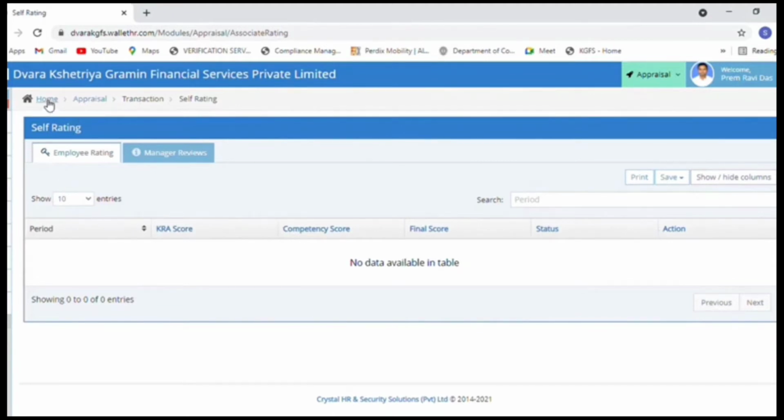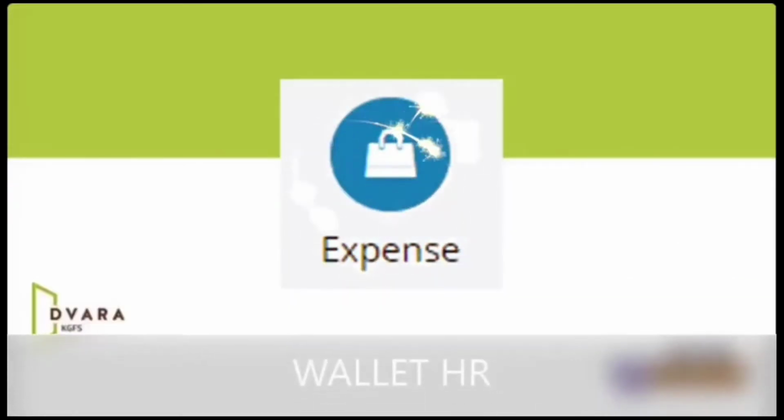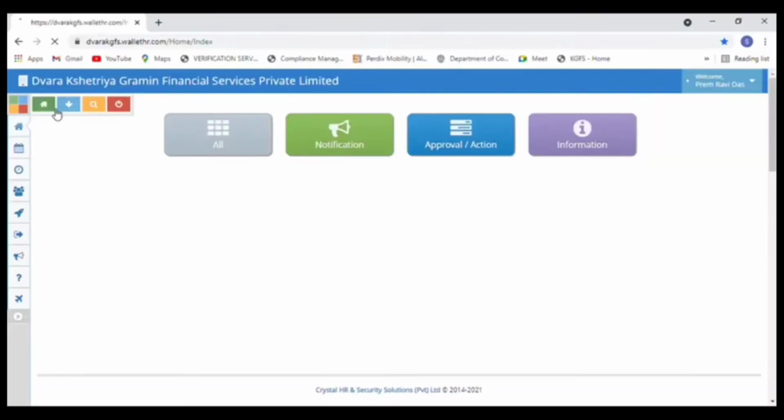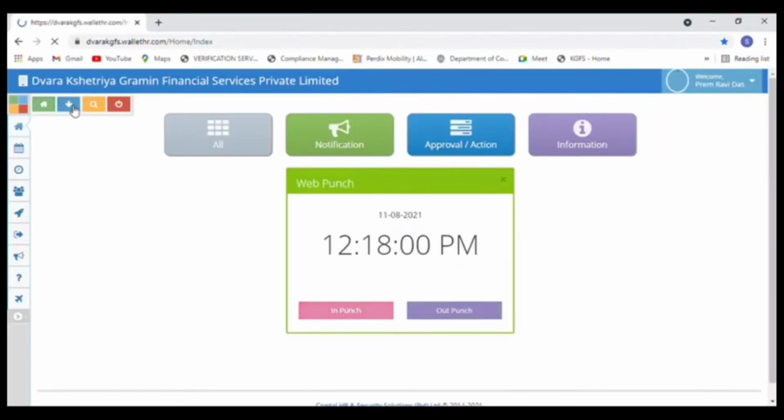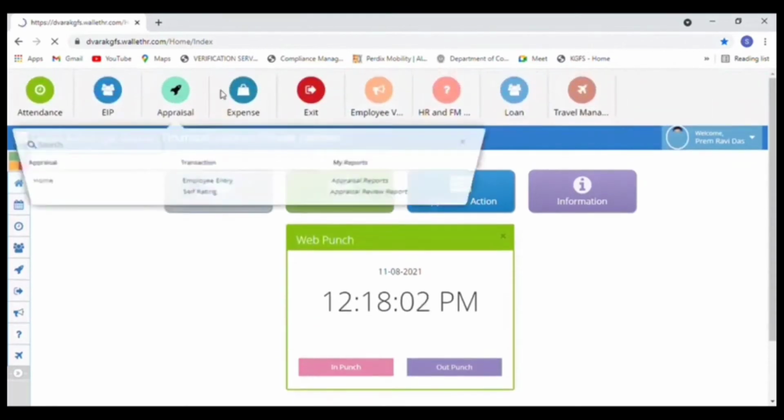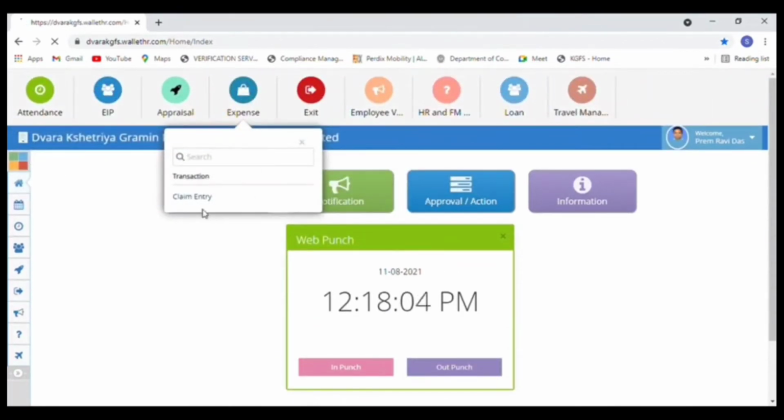Now let's move on to our next module, that is the expense module. Under the expense module, you will be able to do your claim entry. Just click on the claim entry.